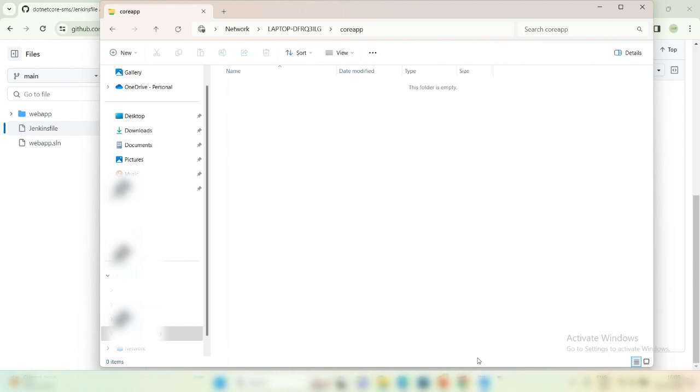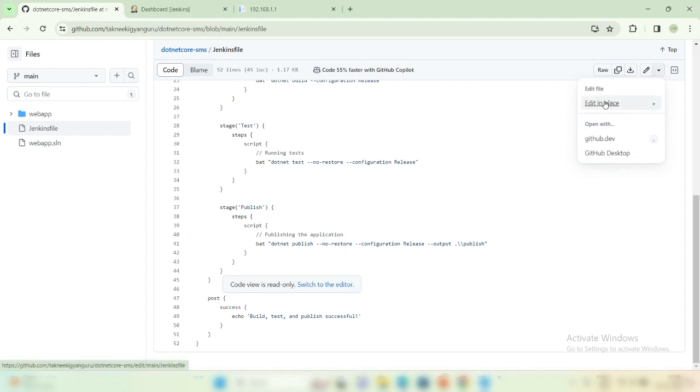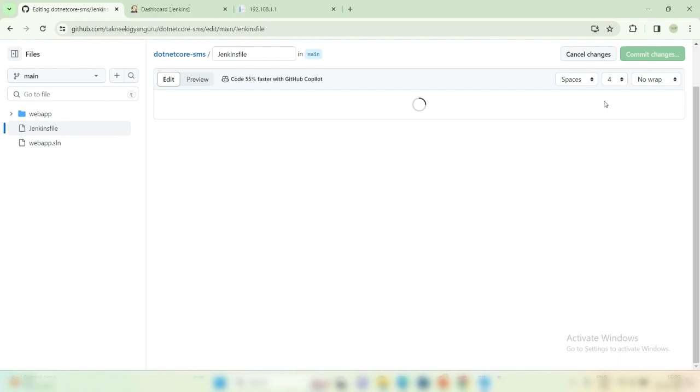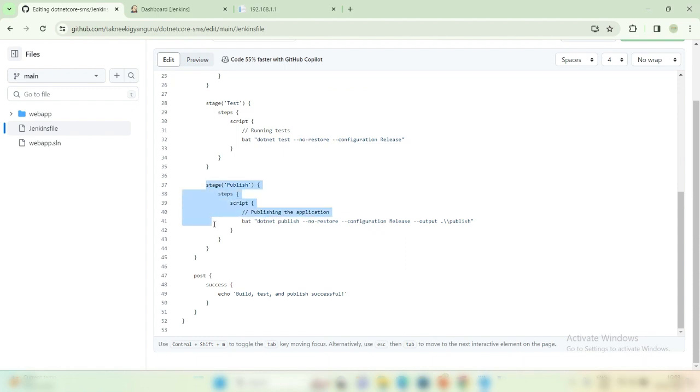So let's go to the URL again, and we will have the copy command from here, stage, create one more stage over here. I'm just changing here, so we have to edit. Click here, edit in place, go down. After publish, we have to create another stage, right? Here in this stage I'm saying deploy,